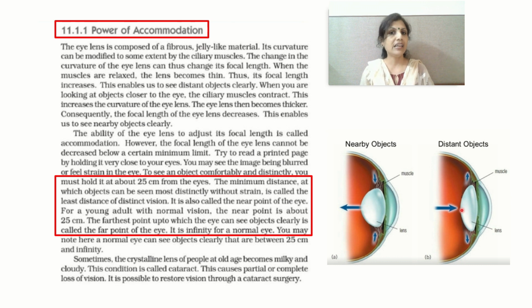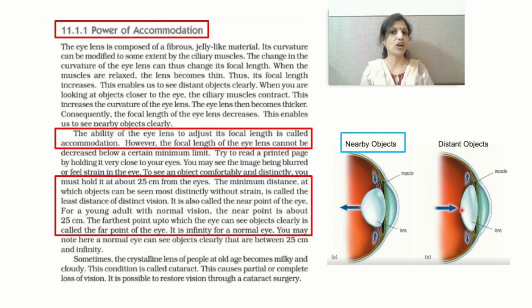This crystalline lens has the tendency to adjust its focal length depending upon the position of the object. So if the object is very close to us, the crystalline lens will bulge out and the focal length of the lens decreases, and so we can see nearby objects clearly.